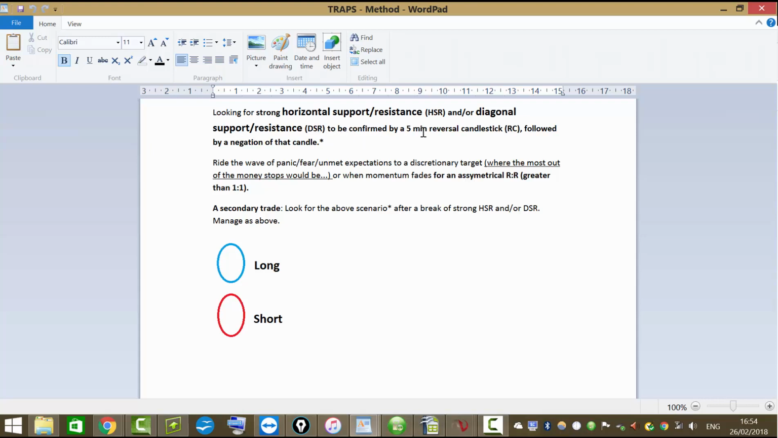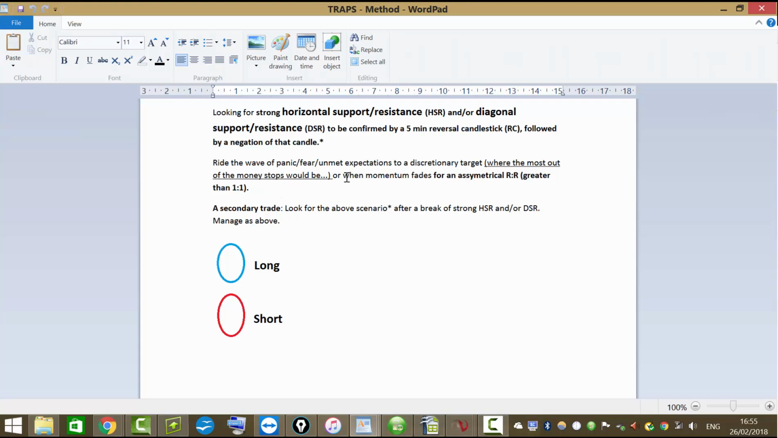We need it to be confirmed by a 5-minute reversal candlestick, RC, followed by a negation of that candle. And then for some reason I've put an asterisk here, so let's see. That's here. So ride the wave of panic, fear, unmet expectations to a discretionary target where the most out-of-the-money stops would be, or when momentum fades, for an asymmetrical RR greater than 1 to 1. So what does this mean? I'll show you on the chart, but basically we're looking for